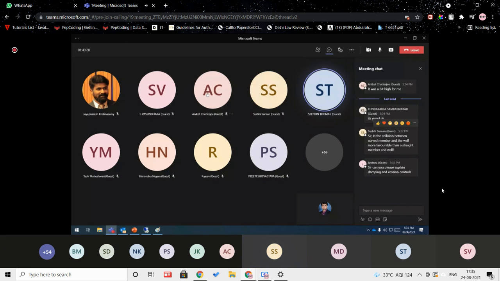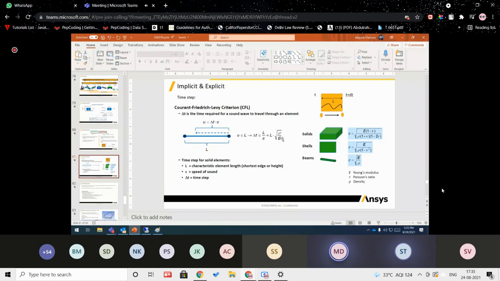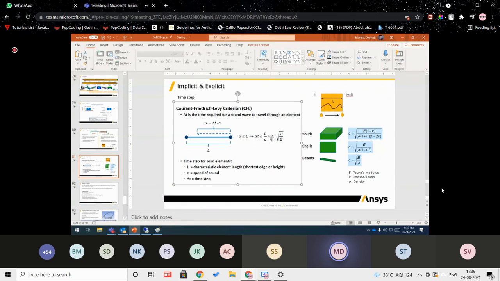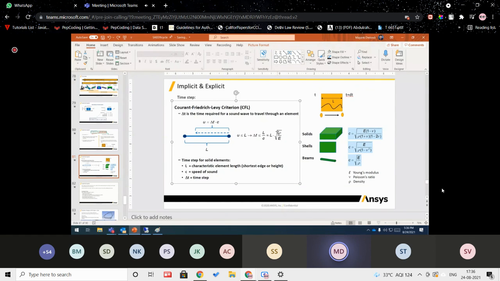Sir, in case of mass scaling, will it contribute to changes in the material properties? No. I have explained this earlier also, that E is a material property. That is not going to change. So the only thing you can change is, let's suppose you have a very small characteristic length, which is actually driving your simulation time step. Then either you can remesh your element and make this L considerable, or you can add some mass. You can virtually add some mass, which is done by the solver itself. So the only thing you can change is your L: either you can remesh or the solver will add some mass.